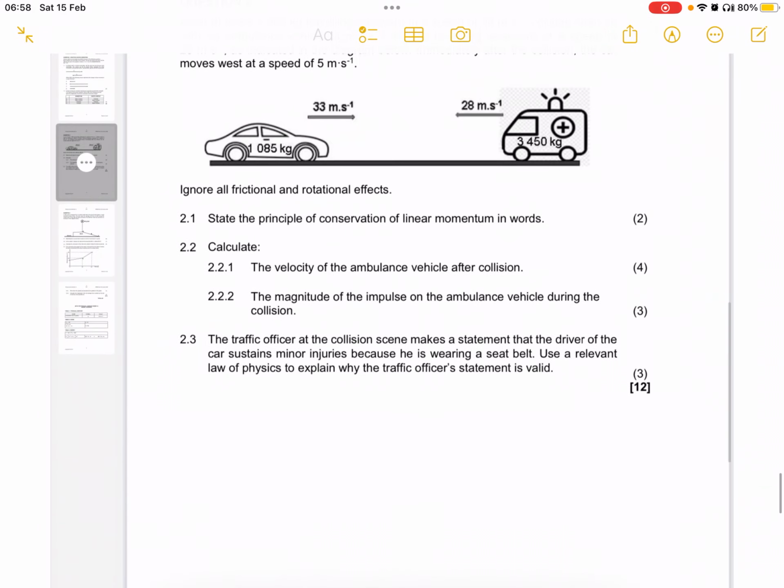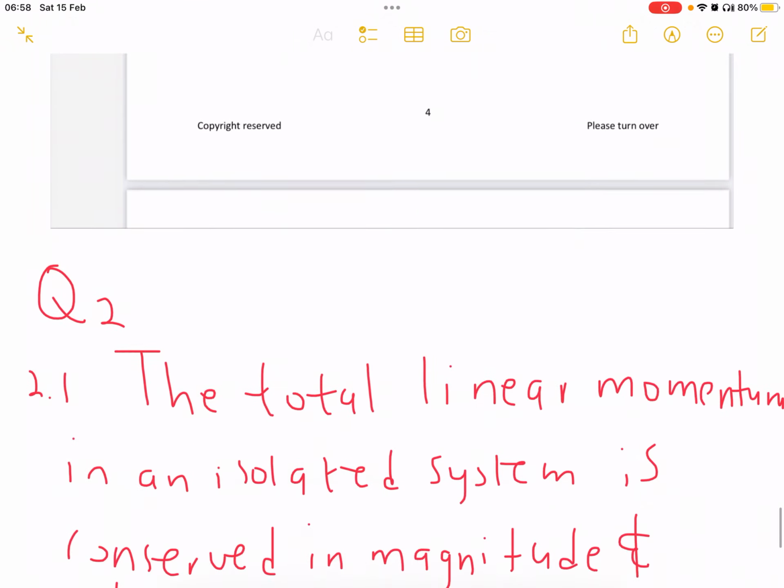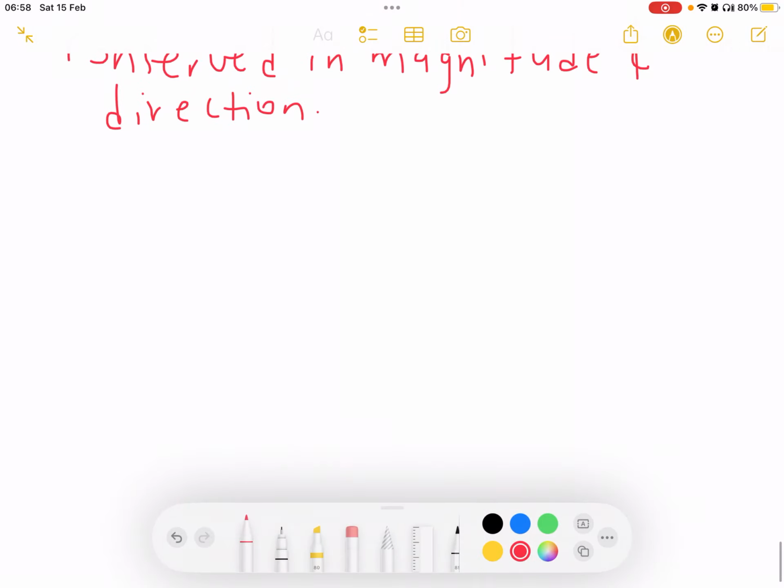Okay. Question 2.2.1. Calculate the velocity of the ambulance after the collision. All right, we'll have to jot down the before and the after in our what I call toolbox. But before that, we have to choose direction and its signs. 2.2.1 is basically the application of the principle of conservation of momentum. We will choose our eastwards direction to be positive,